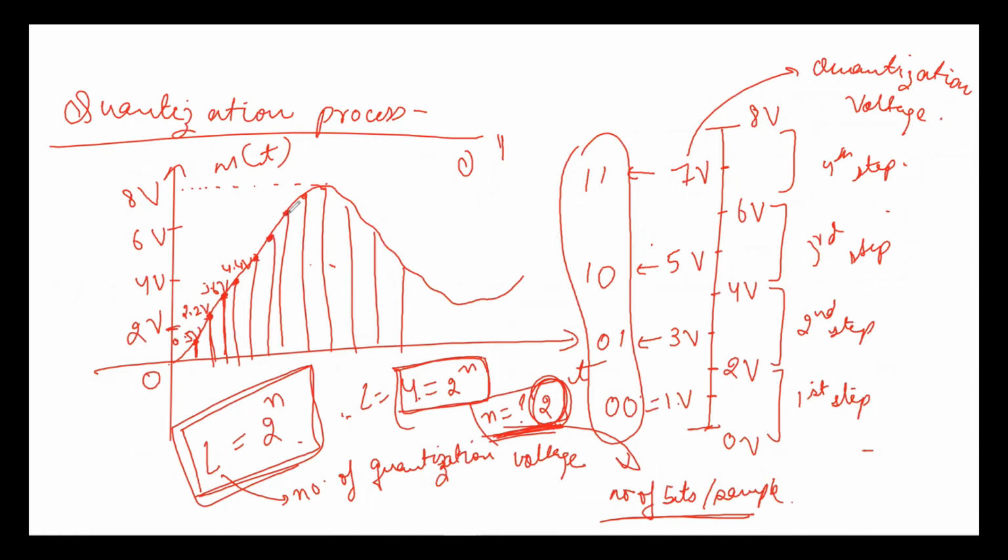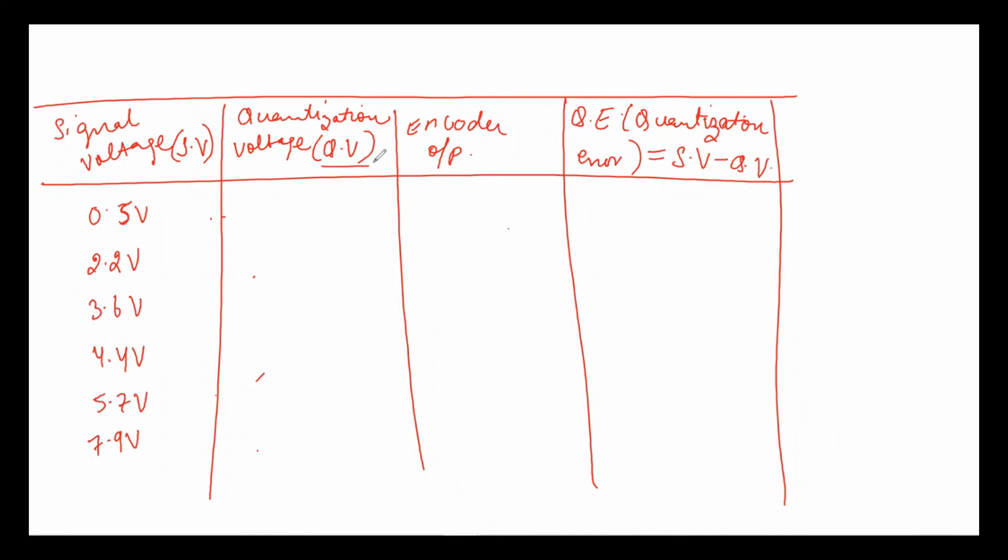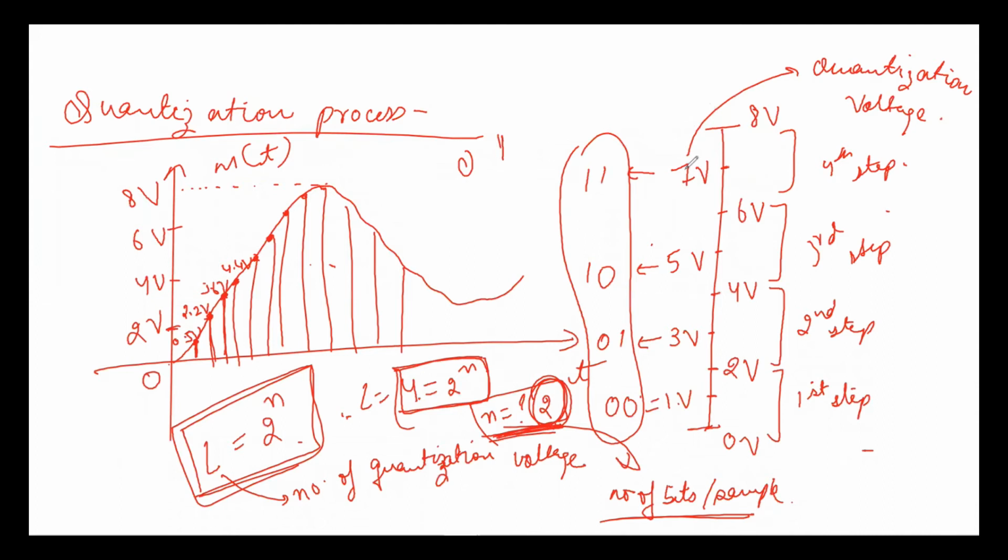These values are given. Now, what will be my quantization voltage? I have to calculate the quantization voltage. How is this quantization voltage calculated? For calculating it, I will use this axis, or you can say this scale. What is quantization? We have discussed in the last class. What is the function of a quantizer? It is used to round off each of the sampled voltages to the nearest available quantization voltage. So what does this line mean?